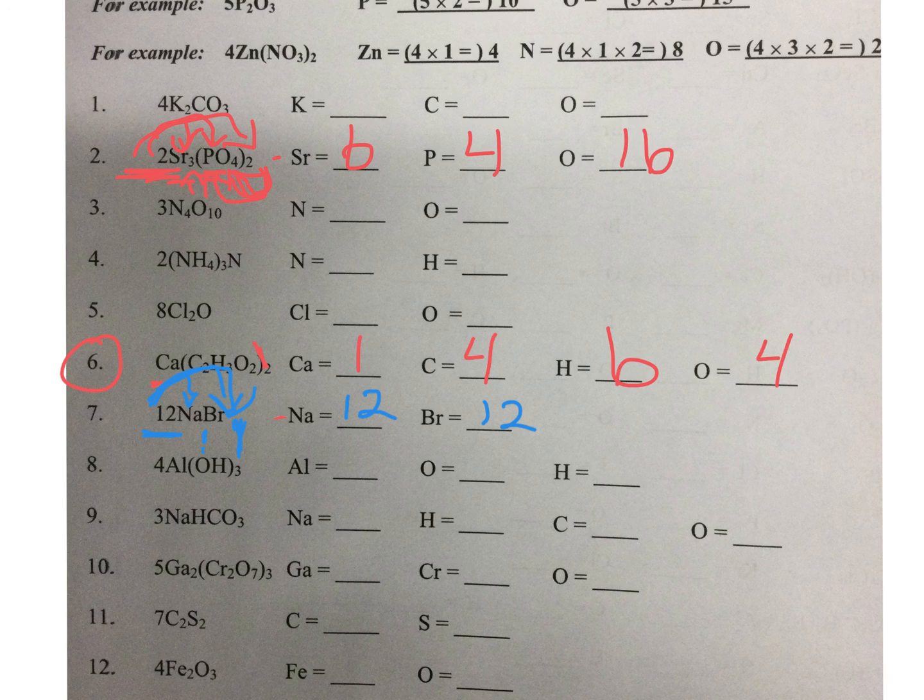Sometimes you can have a compound that doesn't have any subscripts, but if you have a coefficient, that coefficient always multiplies to every single element in that compound. Any other questions? No? Okay, you're going to do both sides, and